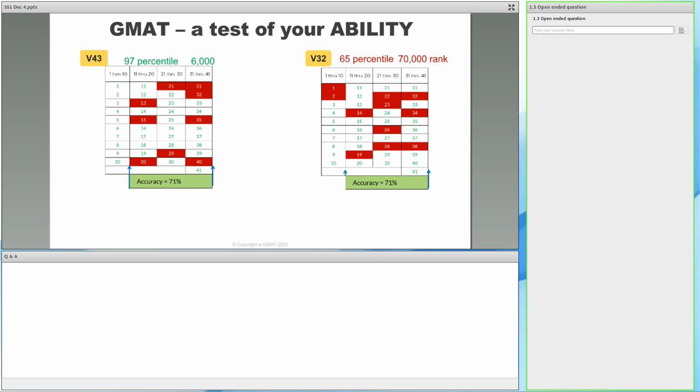The first guy got a V43 on the verbal section of the GMAT, which means the GMAT told him that you are among the top 3 percentile of students worldwide. The second guy got a V32, which is 65th percentile rank, which means he's among the top 70,000 students. If you look at it purely through the lens of accuracy, what you would notice is that a delta of 2 questions leads to a difference of 64,000 students between them,